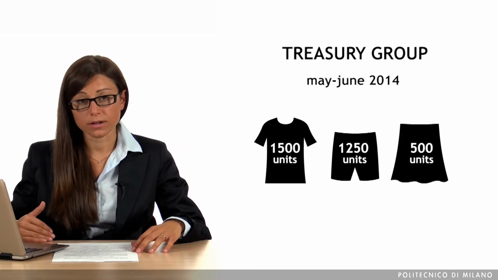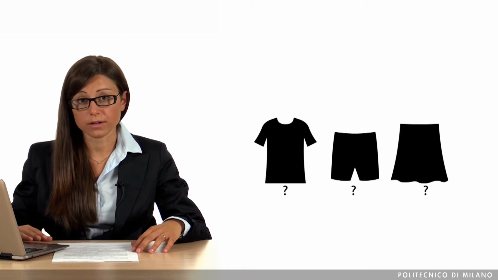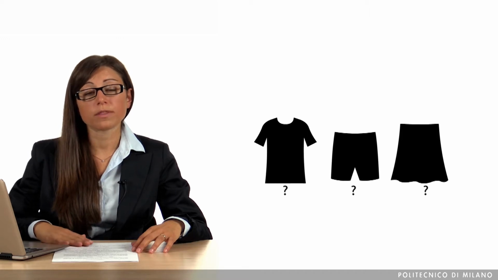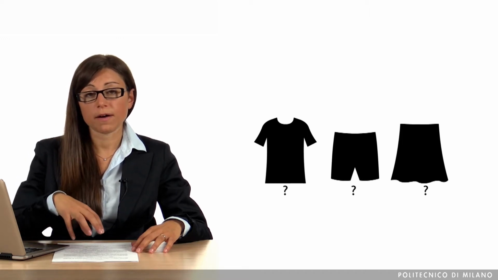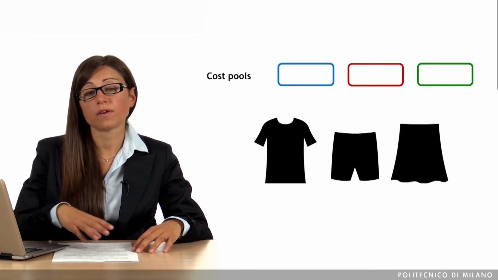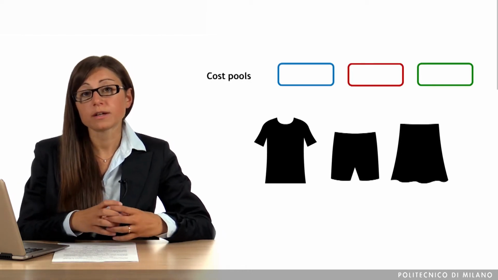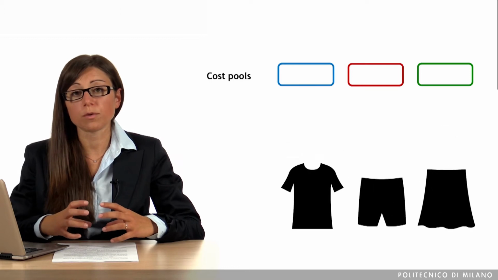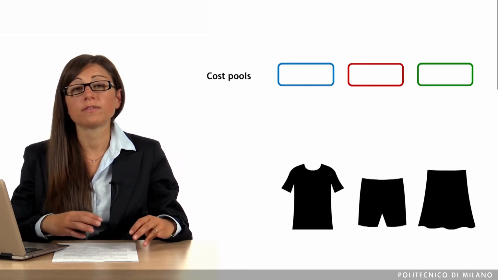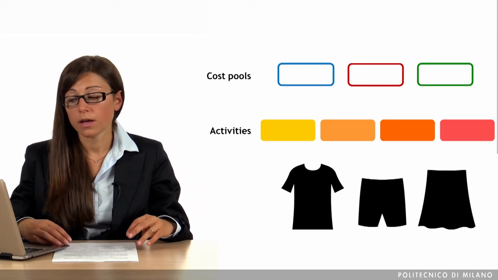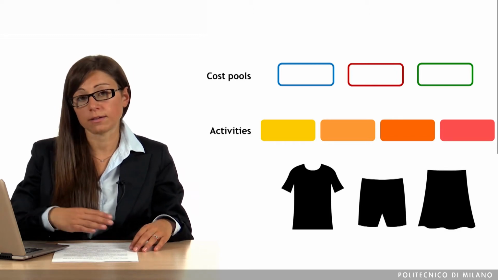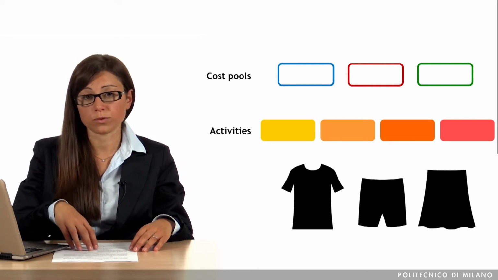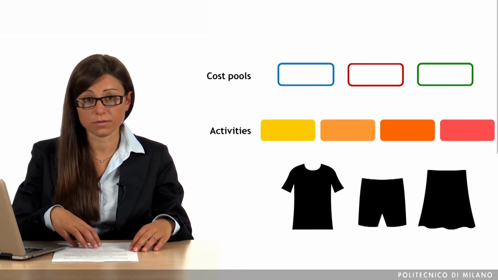It is required at the end of the exercise to define the value of the three different products by using an ABC approach. If you want to apply an ABC approach, we need to follow three main steps. First of all, we need to identify the overheads. Overheads are also defined as cost pools because we are grouping together similar indirect resources. Once we have identified these cost pools, so this group of overhead that should be allocated, we need to identify the activities for which the resources are absorbed. Once we have identified the activities, we can identify the products, and then by calculating the allocation coefficient, we can assign the value of the cost pools to the activities and then the value of the activities to the final products.